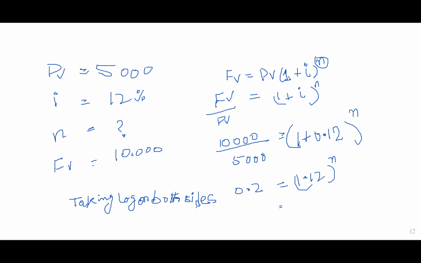Taking log on both sides. Oh sorry, this one is not 0.2, this one is 2 if you divide 10,000 with 5,000. Okay, so